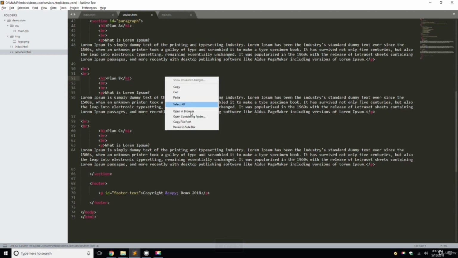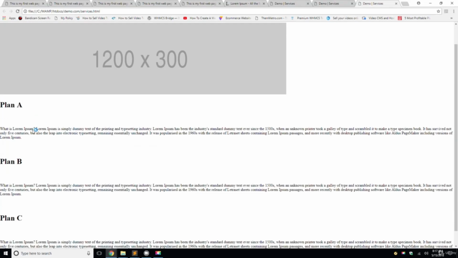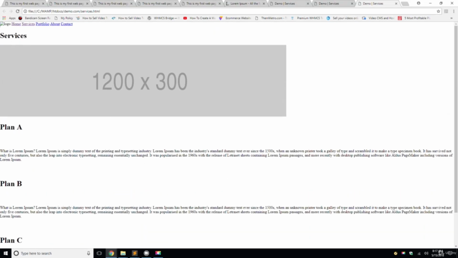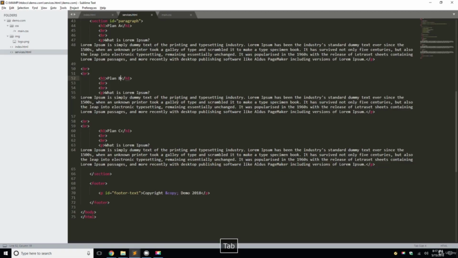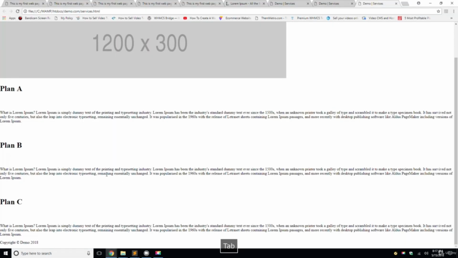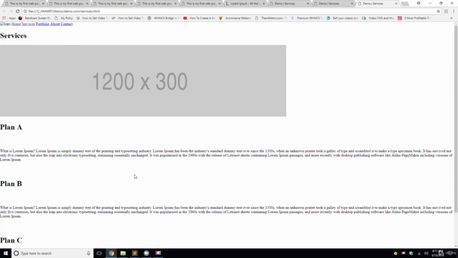Okay, we'll right click, open in the browser, and there you go. We got plan A, plan B, and plan C with services. And then we want to add the footer in there too, which is already there. So we don't need to add anything. So that's all we have for this